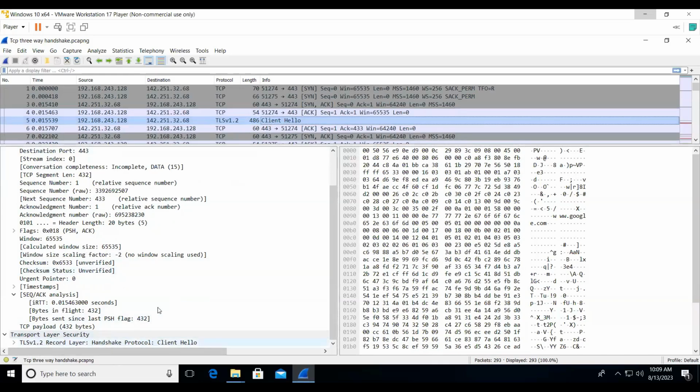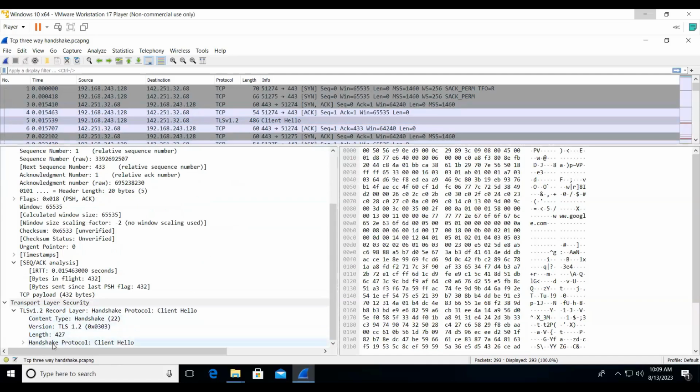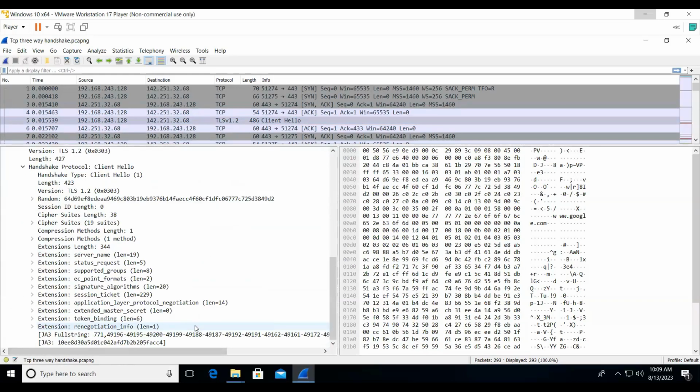Yeah, it's the same. Can you open the TLS version 1.2 record layer handshake protocol? Scroll down, is there any information? Handshake protocol. Open this up. Yeah, there we go. Okay, so basically, whenever this is